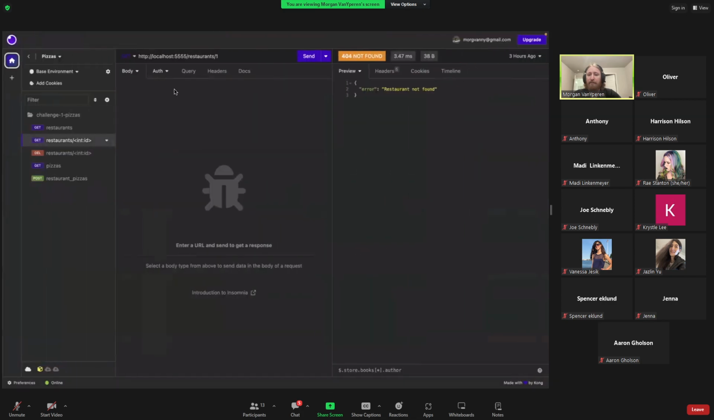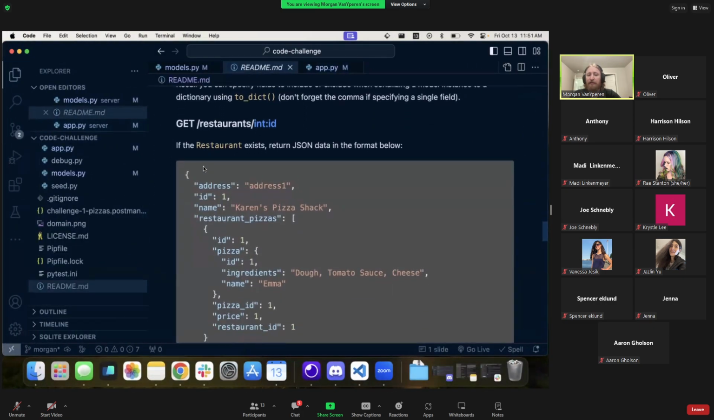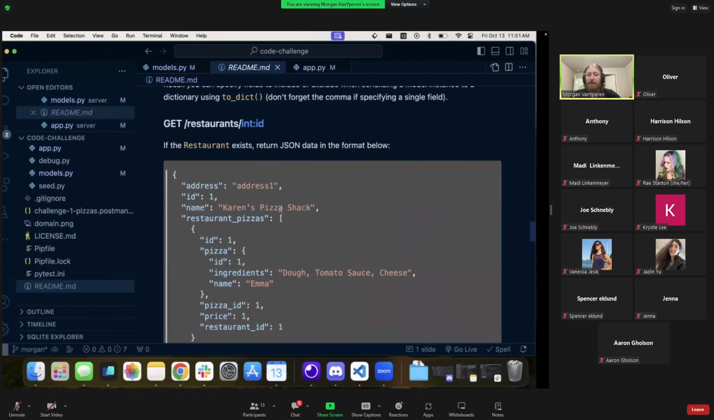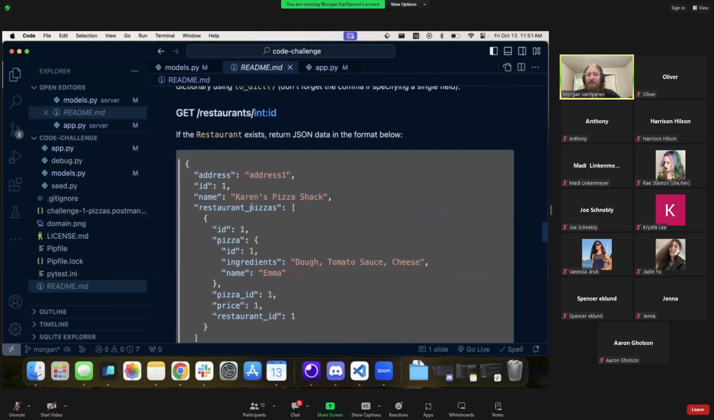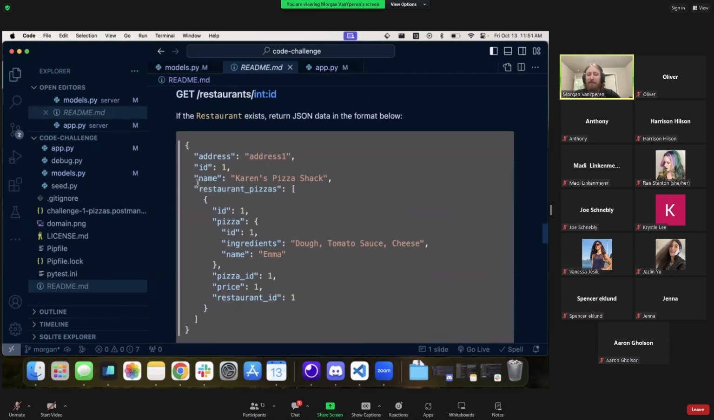Now I can go over here and hit send, and I see I get the restaurant. It doesn't quite look like what I want it to look like. So I have ID, address, and name. I don't have restaurant pizzas. That's the only top level key that I'm missing. So I'll say, okay, let's add